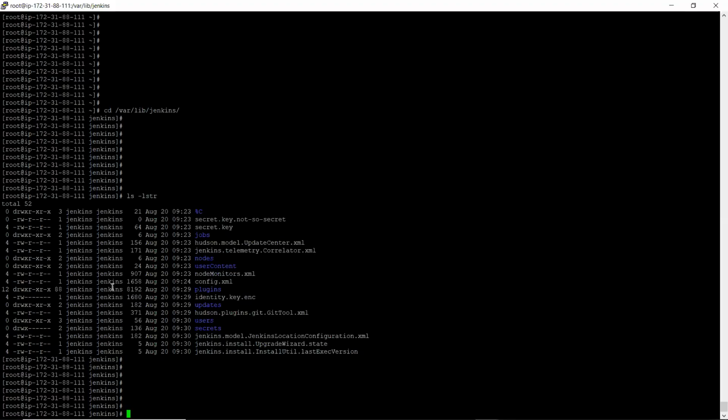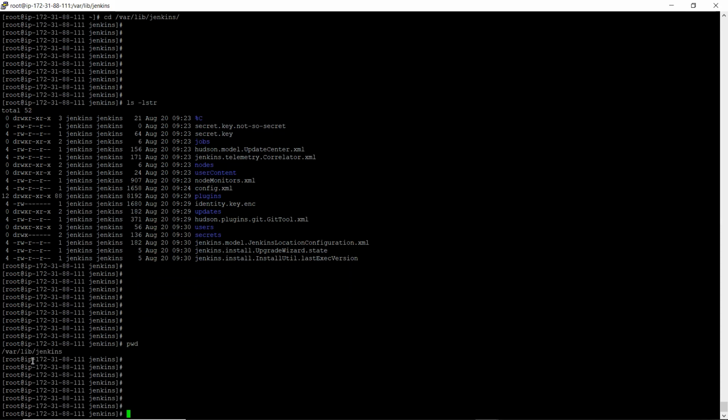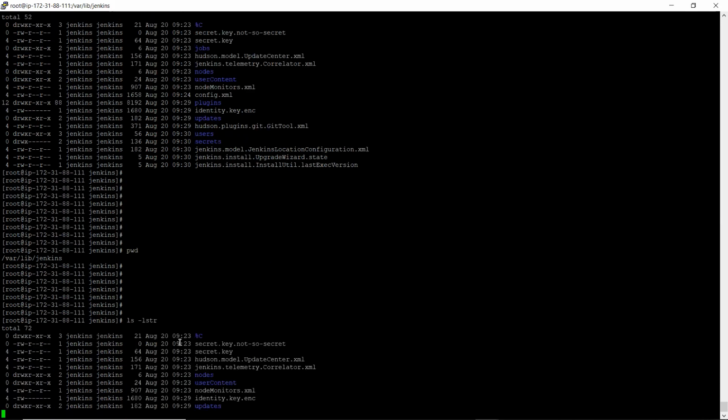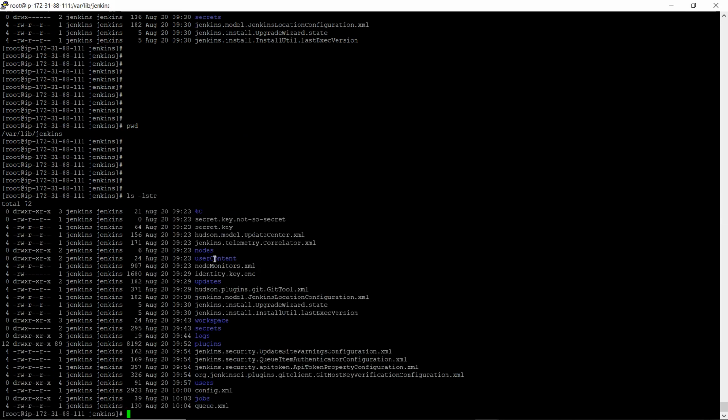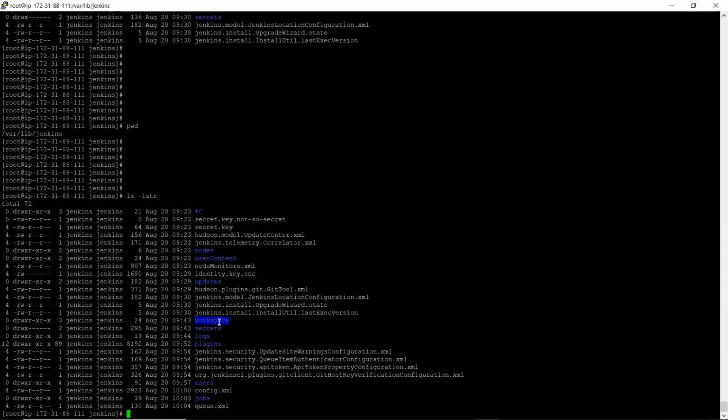If you go to your system, to your EC2 instance, you see this location, /var/lib/jenkins. This is the default location where Jenkins is installed. If I look at the items available here, I have nodes, user accounts, secret key, whatever. I have something called workspace. In the workspace, your actual jobs will be there. If I go inside the workspace,